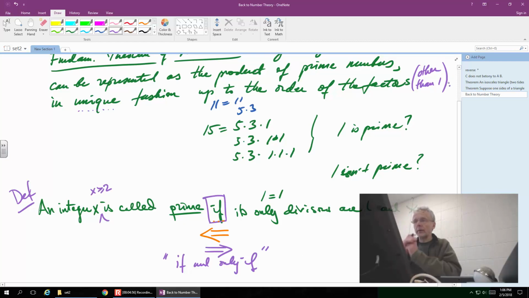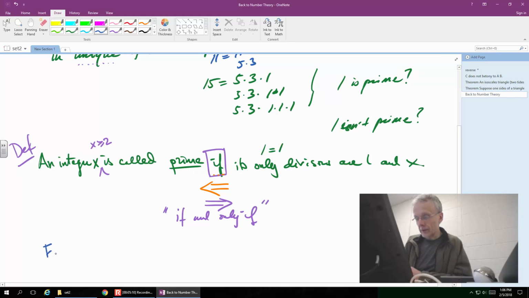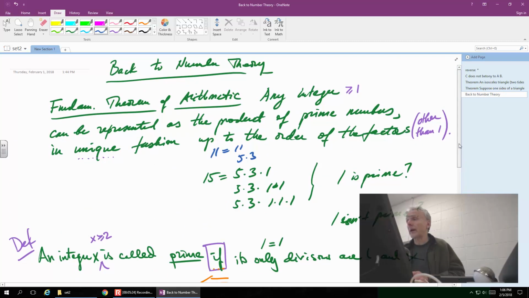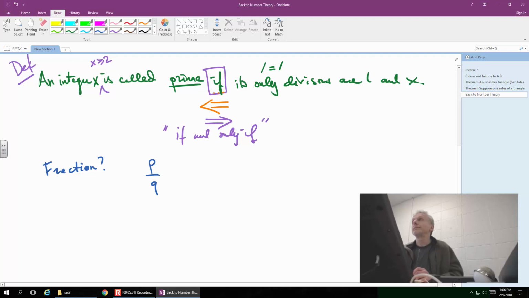Okay, so this is a nice theorem. It is really a fundamental theorem. One, we can utilize it to study fractions. So fractions: how can we use the fundamental theorem for fractions? What does a fundamental theorem, which is about integers, do to help us with fractions? Tell you when they're reduced? Yeah, that's right. So not only that,